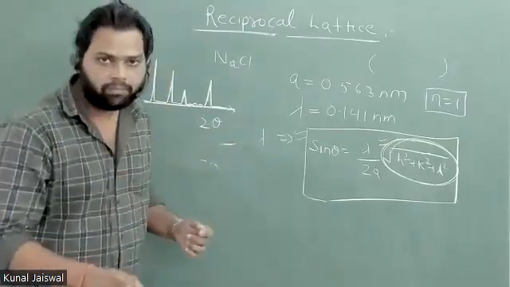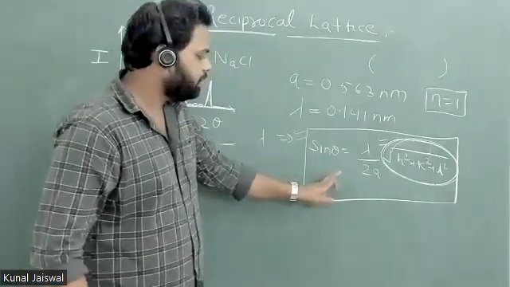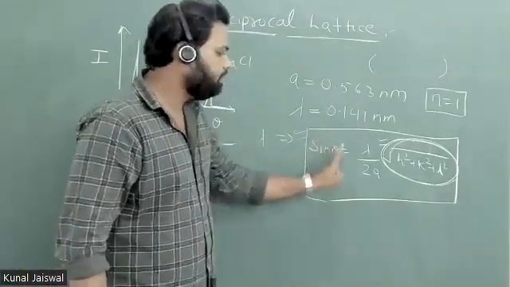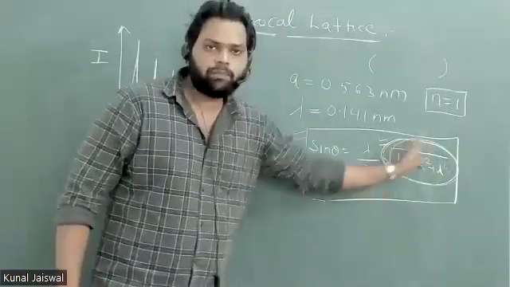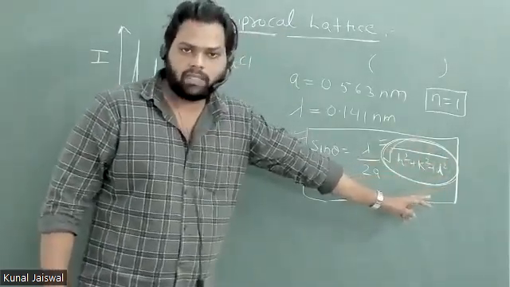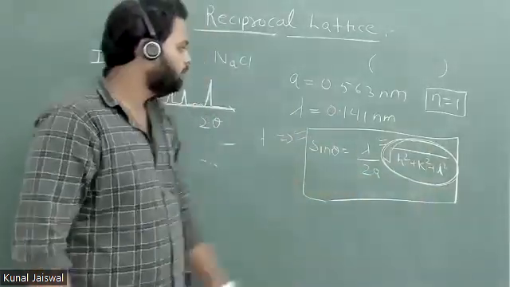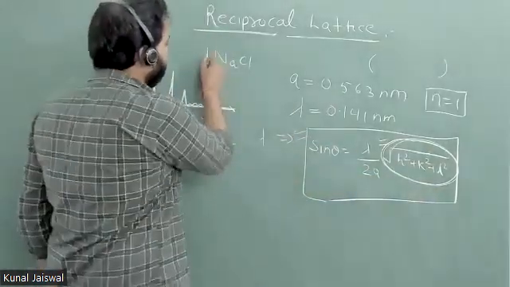So for the first order diffraction maxima the angle should be minimum, that is theta should be minimum. So from this expression tell me when the sin theta will be minimum, when this term will be minimum, under root h square plus k square plus l square. यहाँ तक clear है? यस सर।